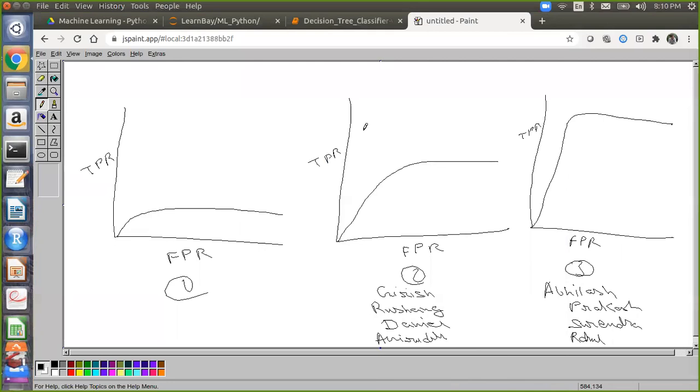Okay, so guys who told the second graph, Girish, Rushang, Daniel, Anirudh, why do you think this graph is better than the third one? Because it is well balanced between TPR and FPR. Yeah, if we find an average over here. See, when I'm creating a model, what is my target? My accuracy should be more or less? More. Where you are getting the highest accuracy? Balanced accuracy. Third one. So the third one is giving you the highest accuracy, right?